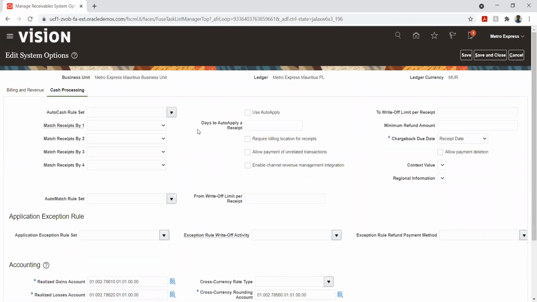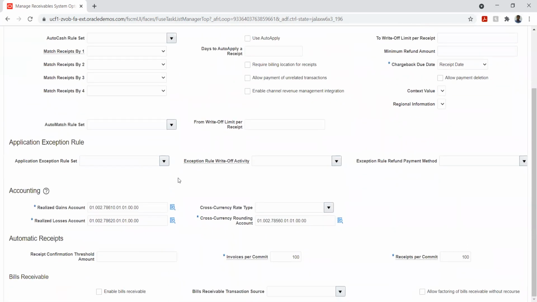We don't have other applications that we can test with integration, but as a standard one, I just gave it. And this one I gave based on the receipt date, chargeback for the credit chargeback. So that's all I gave. These are the mandatory things.